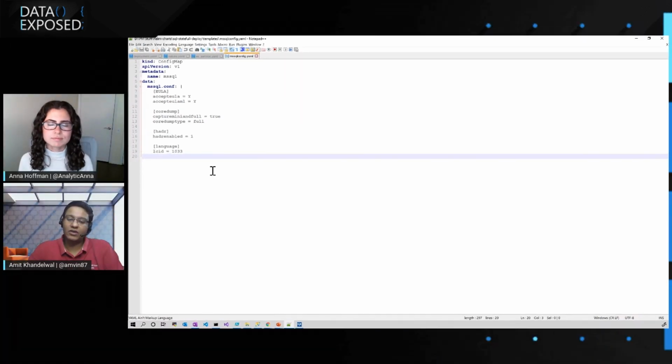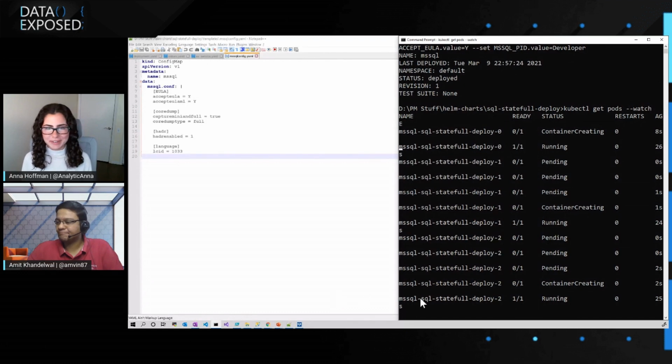You could add your keytab entries and all of that here, right? That we discussed in our previous video. So you could do those settings out here, and all your SQL Server instances that are going to get started will have this. So remember, this is a stateful deployment. This is not a normal deployment that you're doing for SQL Server. Right. And it's really important that your SQL Server is stable because you don't want to lose any of those transactions.